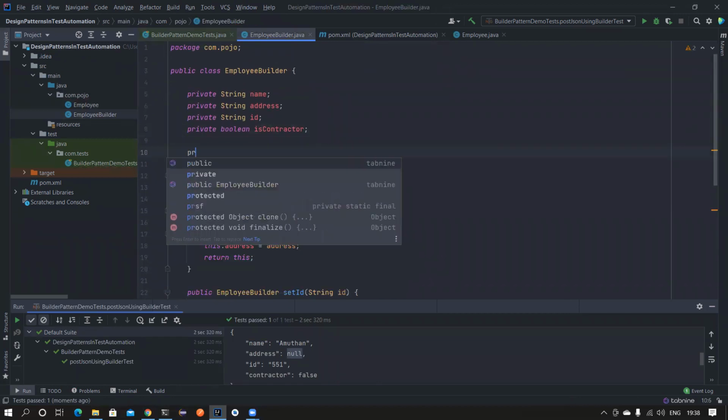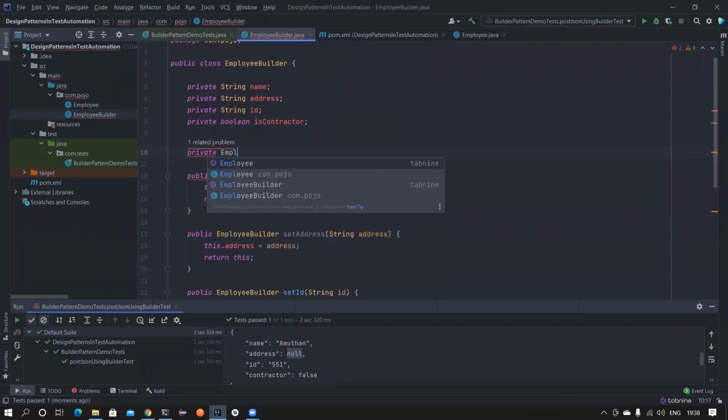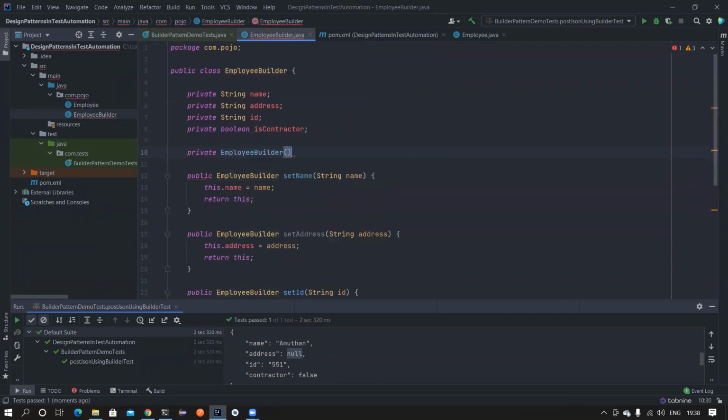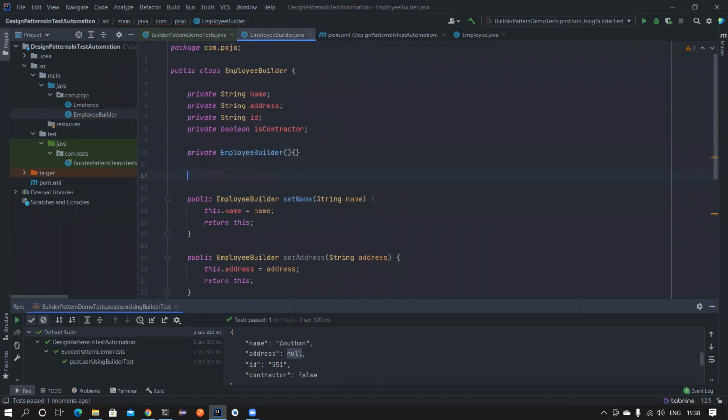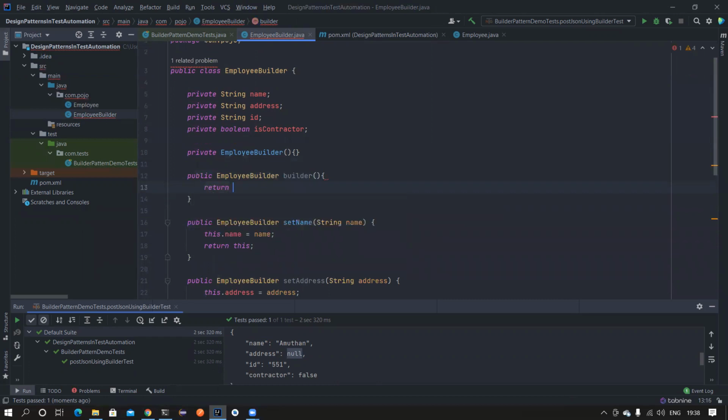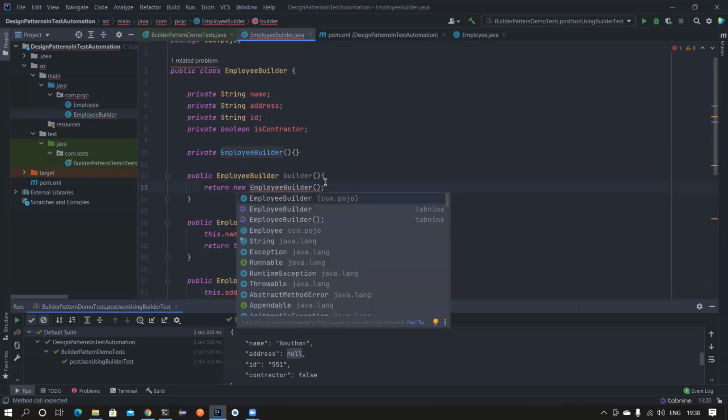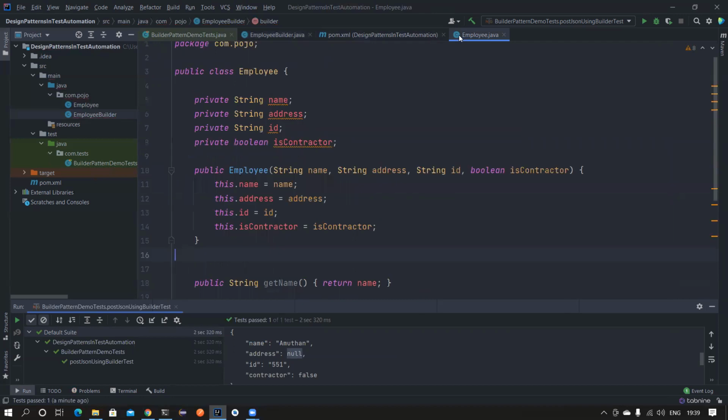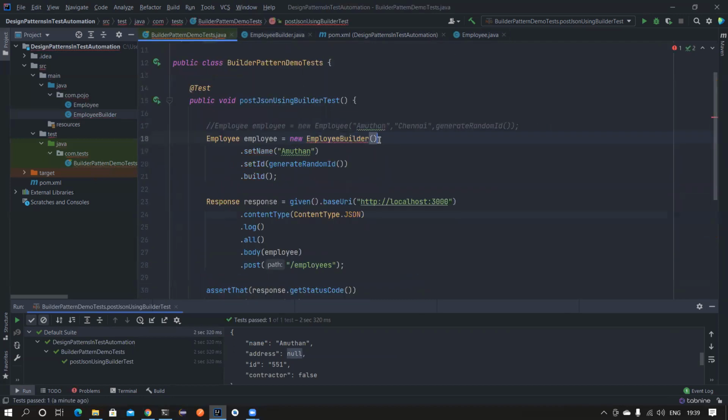Let's say I shield my employee build constructor. This is another version of it. Nothing big. You can also use the older way, and then here you can use employee builder. The name of this method can be builder, that actually returns you the employee builder, right? Sorry guys, I have to add the new. Good. Now from here, if you want to call it in the code, instead of this, you can just say employee builder dot builder, right?